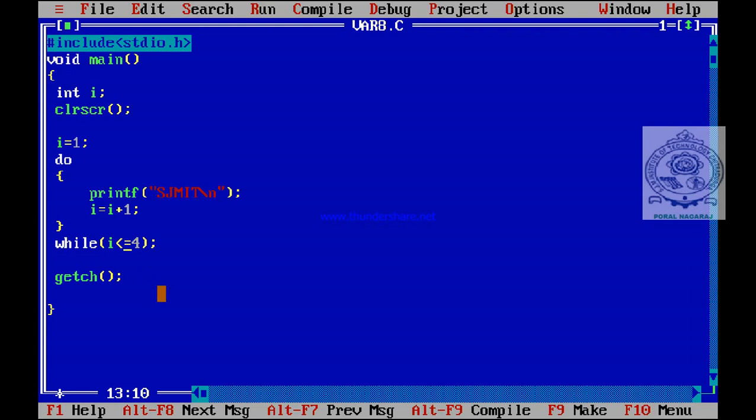See, here we have to use while I is less than or equal to 4, meaning 4 times, 1 to 4 it will display. 1, then it becomes 2. Is the condition true? Yes, less than or equal to 4, true. Then it becomes 3, is the value of I less than or equal to 4, true. Then execute the body of the loop. Then I becomes 4, is it less than or equal to 4, true. Execute the body of the loop. So print SJMIT. Then I becomes 5, is the condition true? I less than or equal to 4, no, condition false, so control comes out.